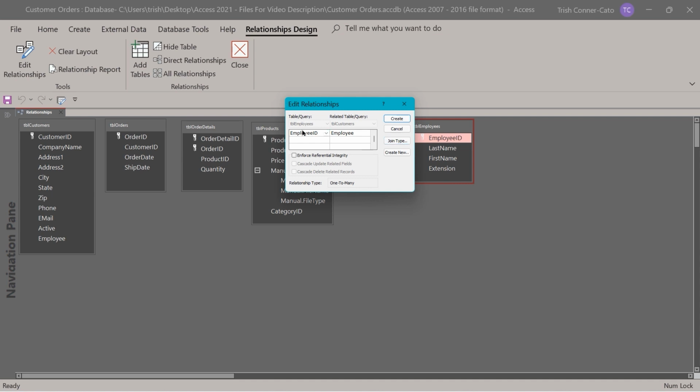Now, I always review that I've got it right. So up at the top, it tells you the table or query, in our case, the employees table and what the field is, and the related table or query, the customers table, and what the matching field is. On the bottom half of this Edit Relationships dialog box, go ahead and check the box that says